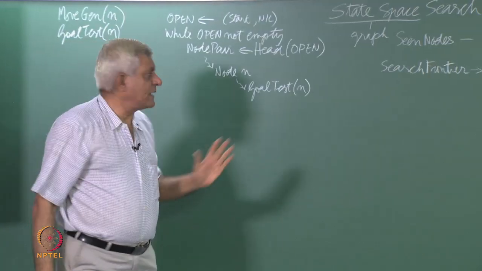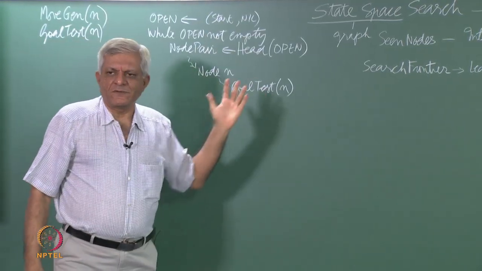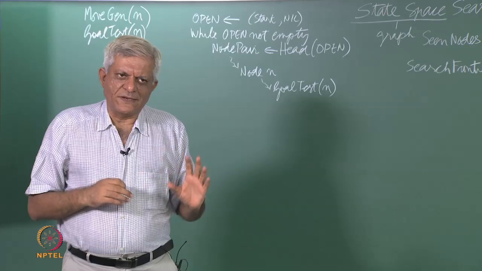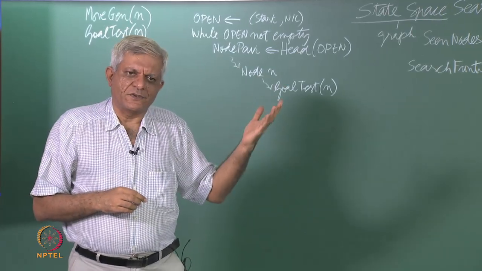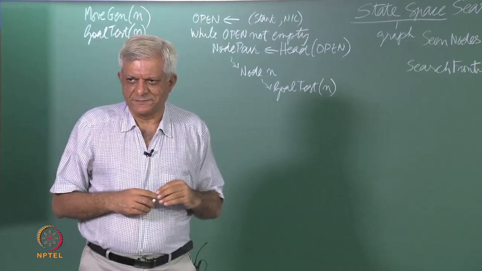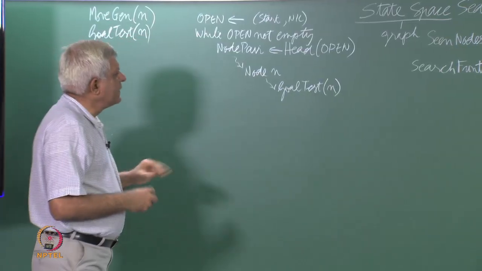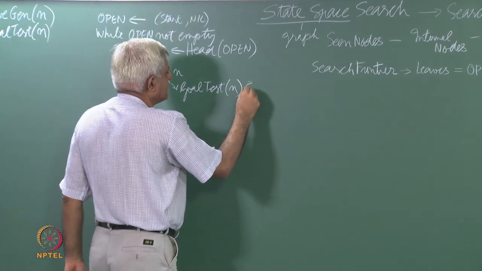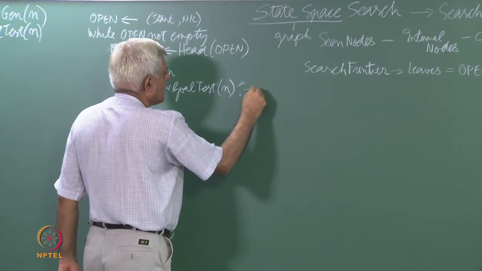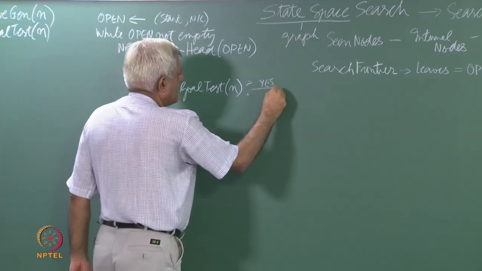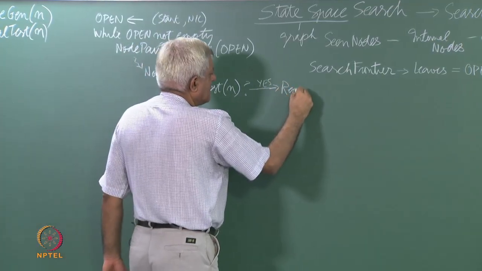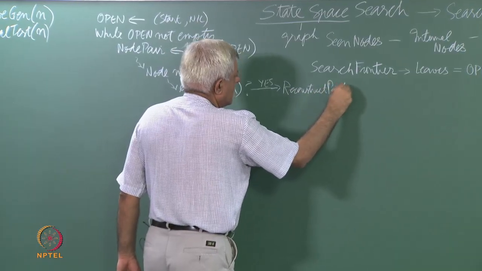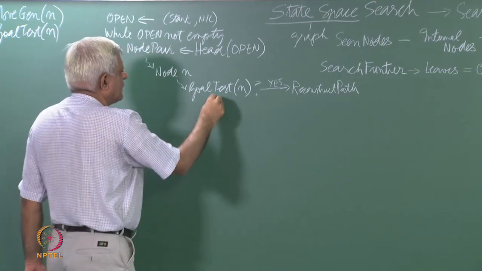these are the 2 domain functions that we have. The rest of the search algorithm that we are writing is independent of the domain. As long as somebody provides you with this move gen function and the goal test function, you can use this algorithm to solve problems in any domain essentially. So, you do the goal test. If it is yes, then you reconstruct the path. If it is no,